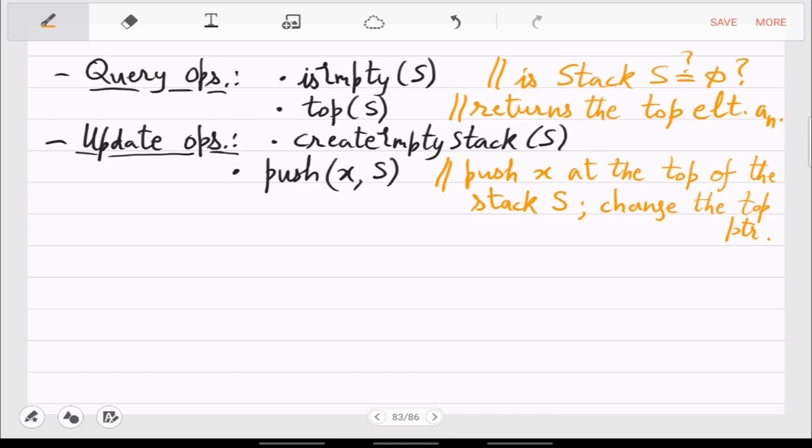And the destructive version of this is pop, which will just do the opposite. It will delete and output the top element.